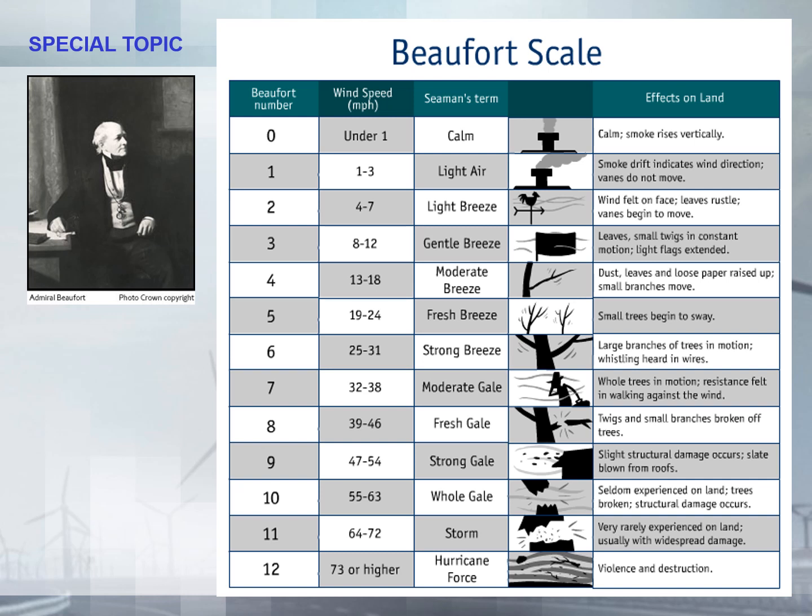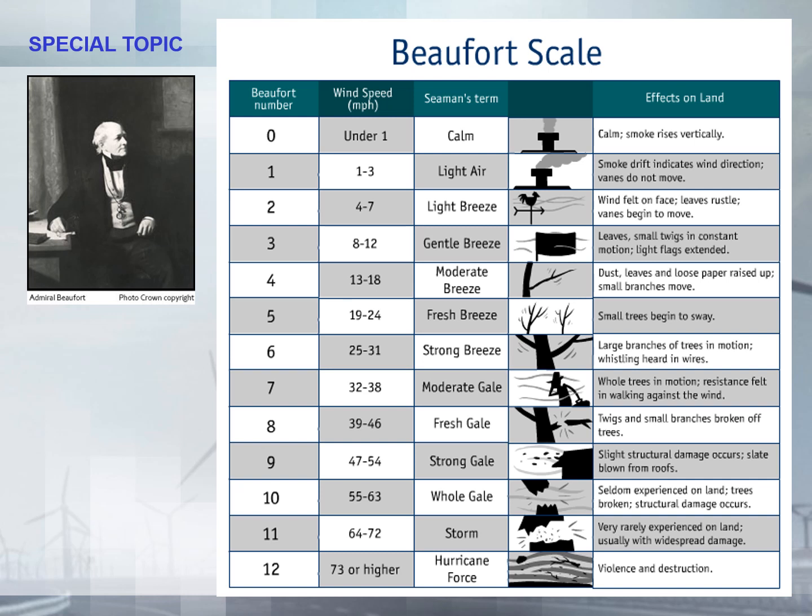The Beaufort scale is a way to describe winds, again, less than hurricane winds. It goes from 0 to 12, and you have your range of wind speeds there in miles per hour. And then the third column over from the right is what sailors would refer to it as, like a strong breeze or a fresh breeze or a fresh gale or a strong gale, all the way to storm